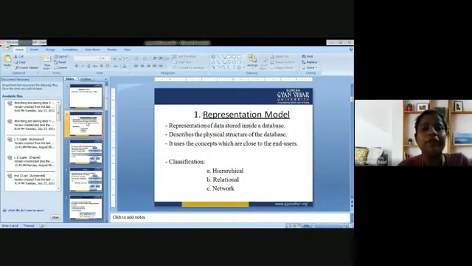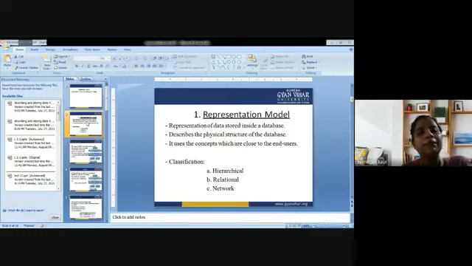So what is basically a representation model? As the name implies, it is concerned with the graphical or pictorial representation. There are certain points associated with it, like the representation of data that is stored inside the database. It could be in the form of various entities. There are various tables, and we store the data in the form of rows and columns, and in the rows and columns there is data specified for one entity, because one table occupies one entity.